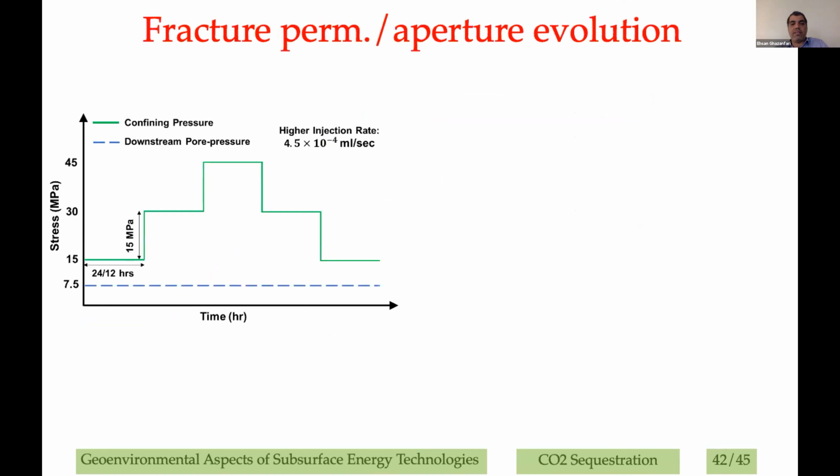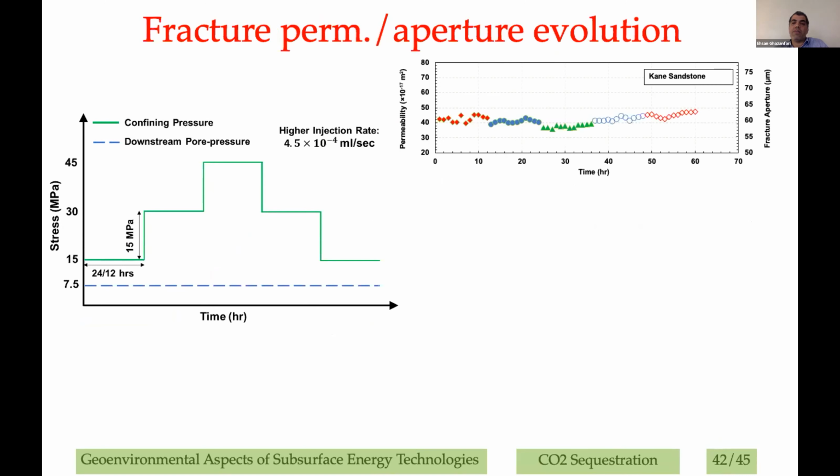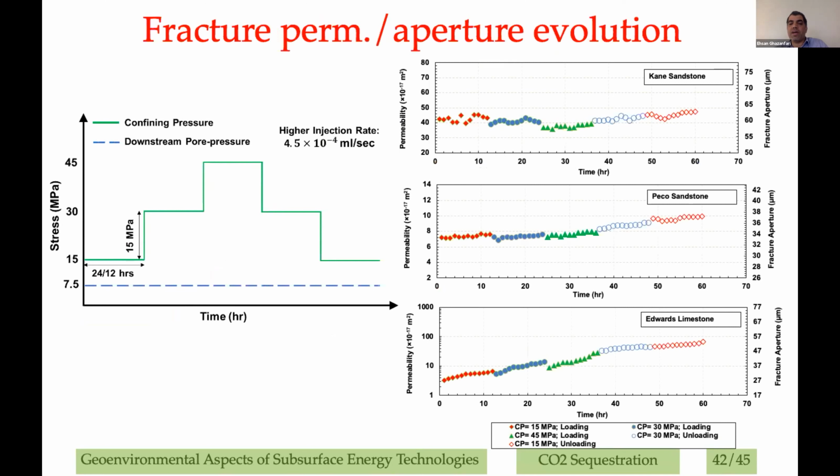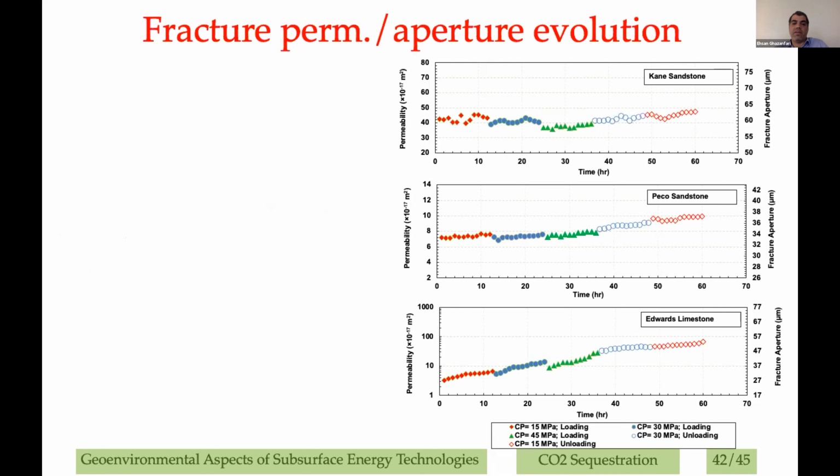And of course, if you look at the fracture aperture and how the permeability evolves over time, you can see that the permeability is increasing over time for different specimens that we tried. In part contributed to the dissolution of the minerals because of the injection of CO2 and later the weakening of the rock. So in essence, we're changing the pore structure of that rock.